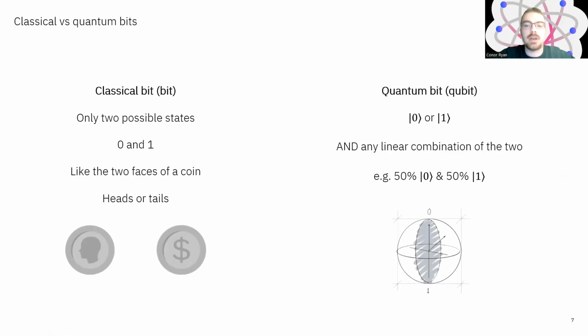Whereas for a quantum bit, we have these states 0 and 1 with a different looking notation than just the numerical values to indicate, for those of you more familiar with the structure of quantum mechanics, the physics and mathematical sense, that they are state vectors. And when we have two state vectors that form the basis of a vector space, for instance, the rest of the vector space will contain linear combinations of these basis vectors, and all we require for quantum mechanics is that they can combine in such a way that the laws of probability are conserved, and if we have a superposition where we have equal probability of measuring 0 and 1, that would be one such example of a valid superposition vector.